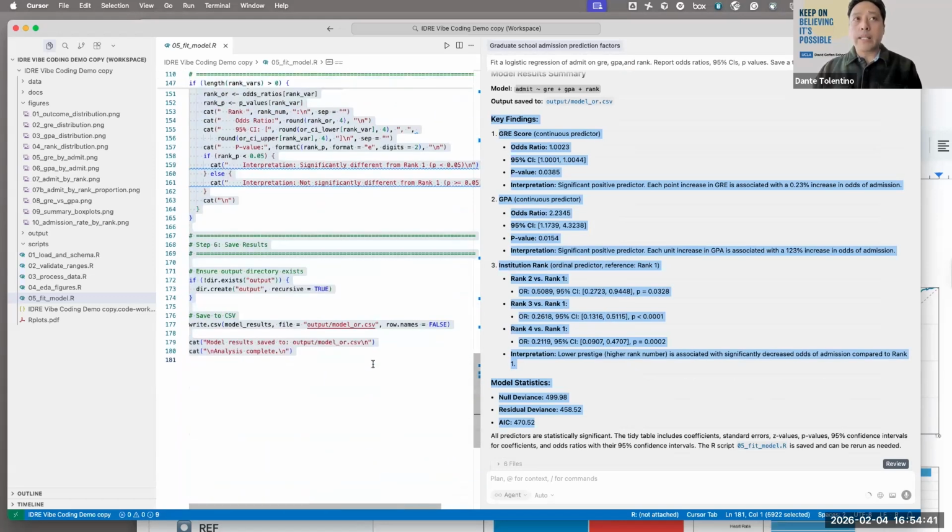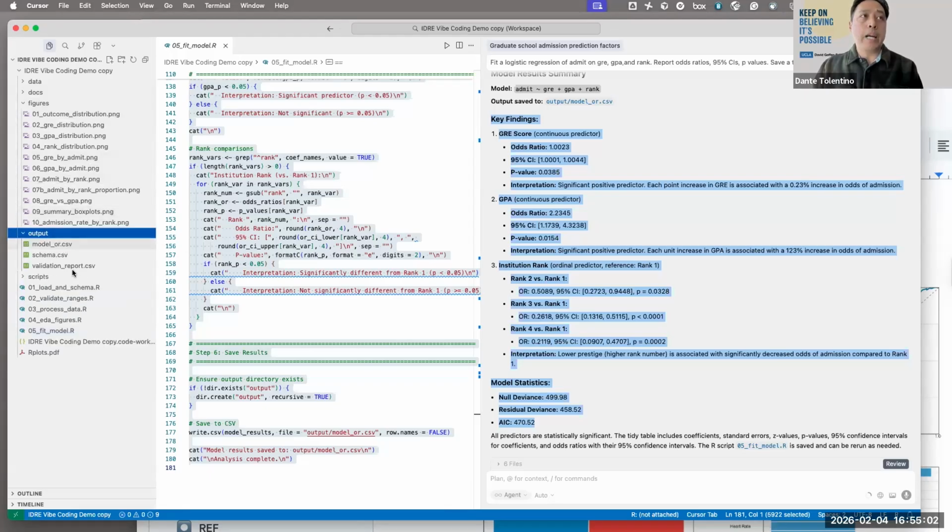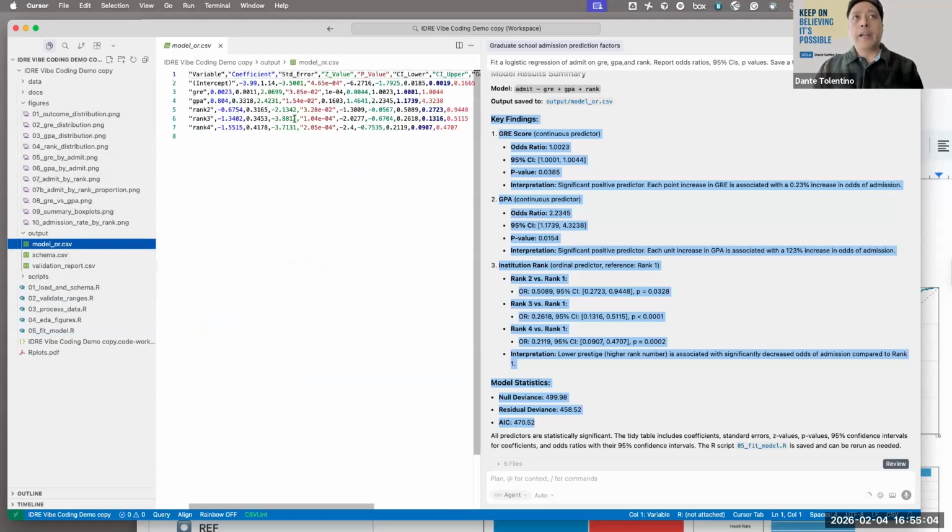But you can still run this in R and get your R output if you want to see that, and make sure that you're verifying the output. And with this one, we did compare it with the UCLA website. It's exactly similar, 100% similar in terms of the output. And if you look at my output here, I said, put it in the model table. Here it's a CSV file, but you can see that it will produce those tables for you as well.